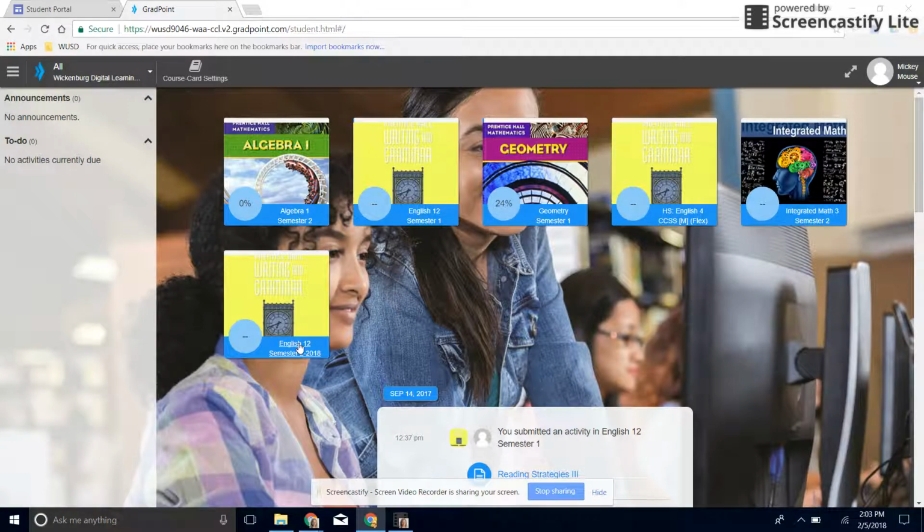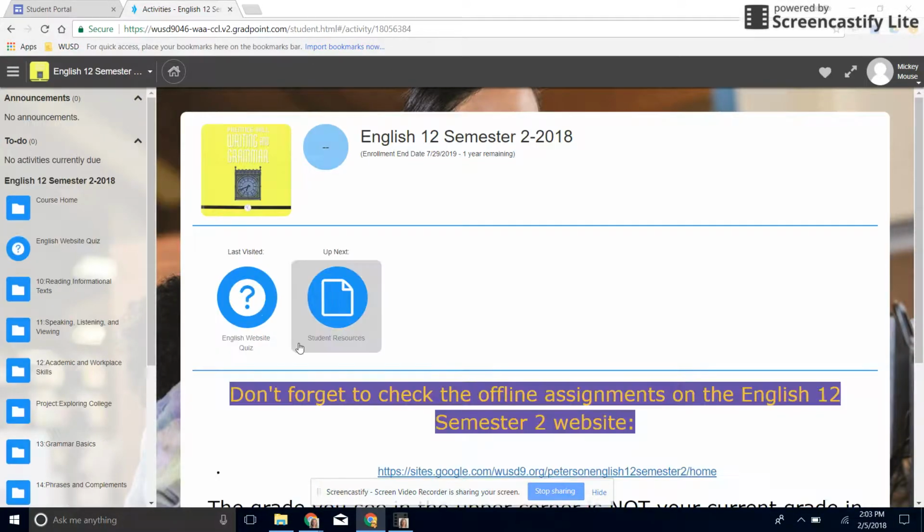So we will choose to access English 12. Before you can begin the course, you have to take this English website quiz. This quiz walks you through an English website that is vital to your course. There are lessons here on GradPoint, but there is an independent website where you will find offline reading and writing assignments. So what I would like you to do is click on the link to the website